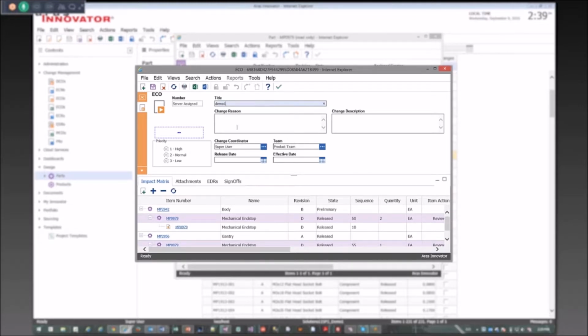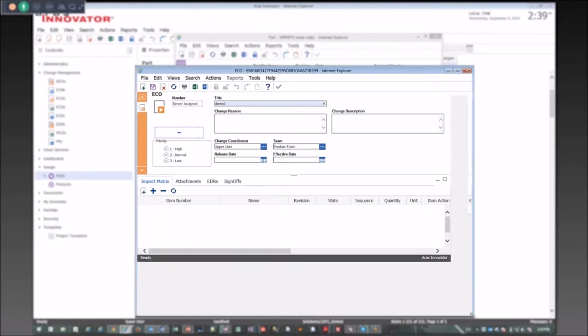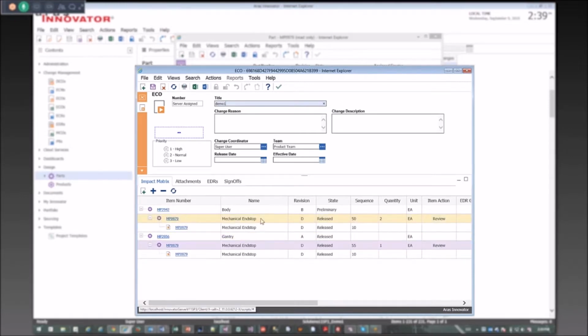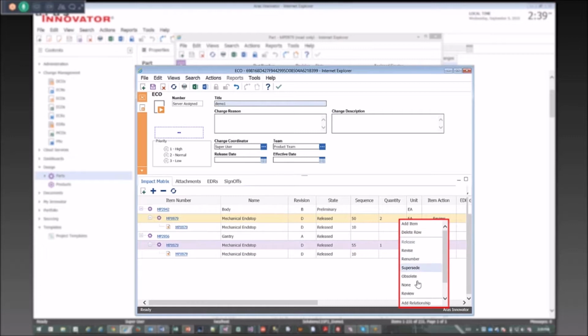These can all be changed. Change reason and change description, typically you'd fill those out. What you're seeing here in the impact matrix now is our mechanical end stop part here that's highlighted in purple. The purple color was chosen because it also matches the purple that we use for parts in our ribbon stripe. And its current action is set to review, so we're going to set our action on here, in this case